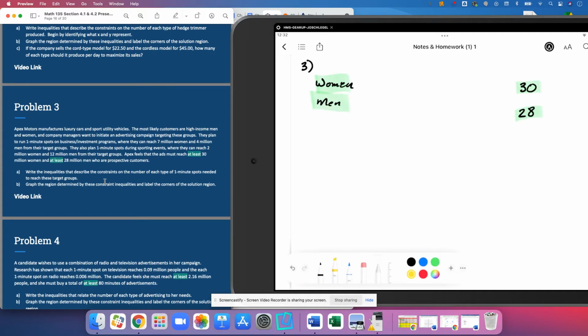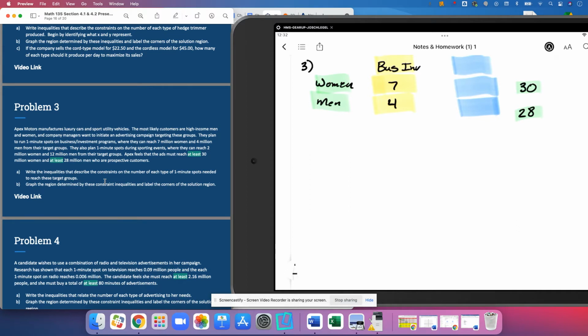Next for us is going to be to get our columns figured out. We're going to have something that goes there, and we're going to have something else that goes here. And again, I like to put these in the same colors vertically because I assign the same variables to them. So for this one, they plan to run 1-minute spots on business and investment programs where they can reach 7 million women and 4 million men. So 7 million women and 4 million men on business investments. In business investment, what is that? Business investment